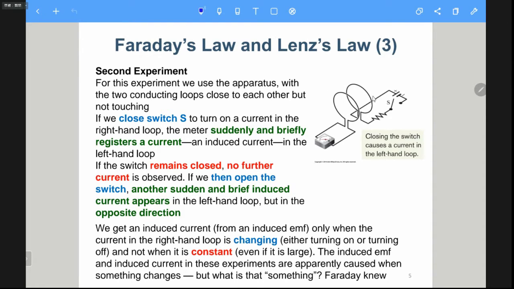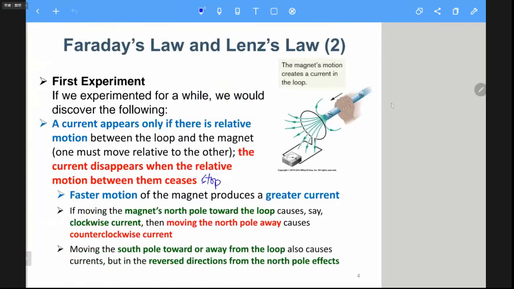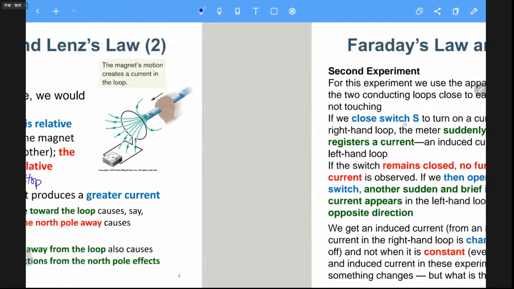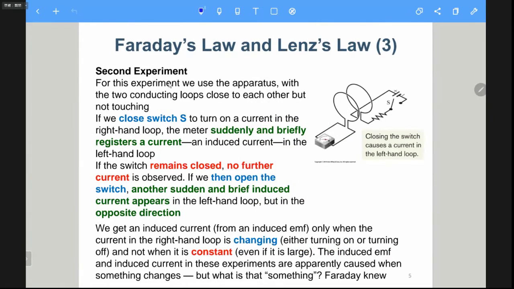And in the previous chapter, you know that this loop with a current is equivalent to a magnet bar. So from the magnetic field point of view, this one and this one are equivalent to each other. So for this experiment, you will use the apparatus with two conducting loops close to each other but